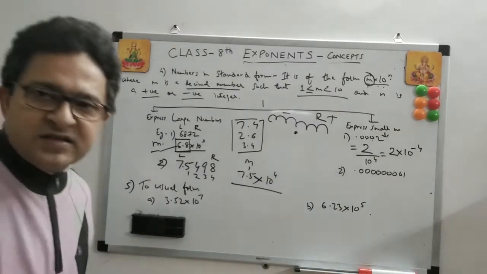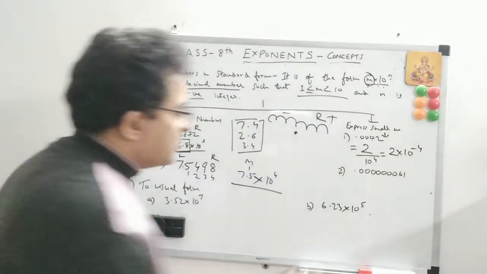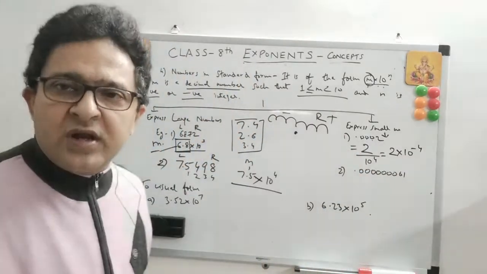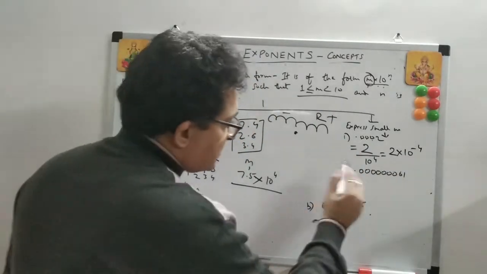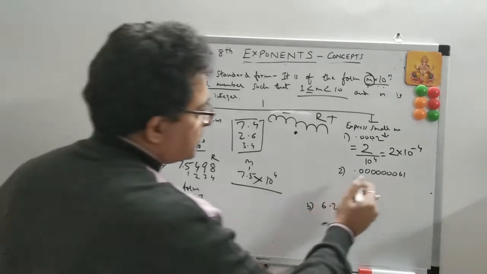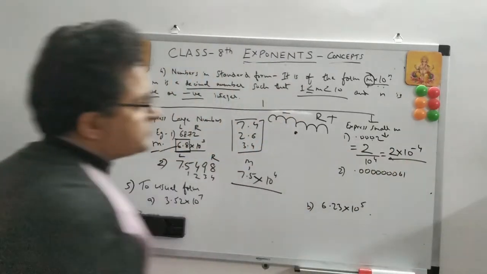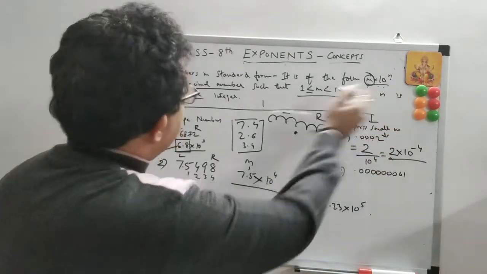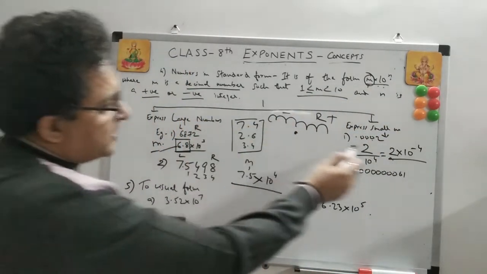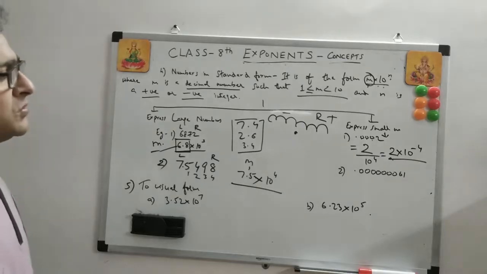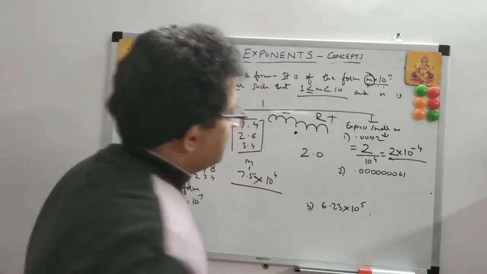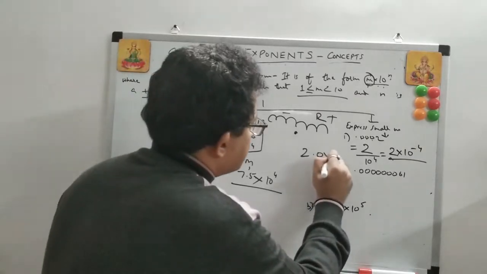Same way, let's take another example so that this logic is clear to you. This was a small number. This is only the case of small numbers, right? So now decimal numbers and small numbers. Now we have to put this in standard form, right? This is a standard form because I told you n can be a negative integer as well. So this can also be written as 2.0 into 10 to the power -4.